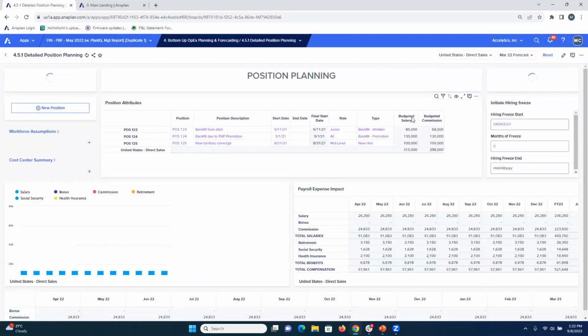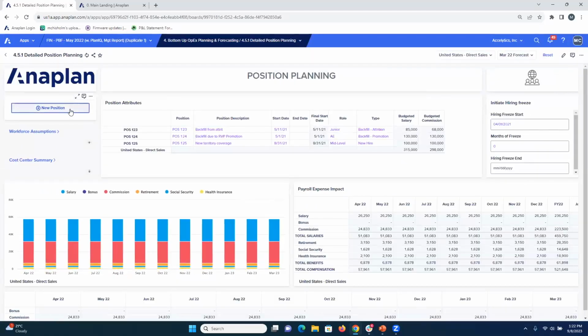You also can go a little bit more high level and actually plan at an individual requisition level. So this is more like position planning, where you can create new positions, give that position an identifier, and then indicate what's the detail associated with this position. Is it a backfill from attrition? Is it a new coverage? When are they going to start? What role is it, and what type is it? Is this a backfill? Is it a new hire? Is it a promotion, etc.? So you have the ability to do your workforce planning more at a position level